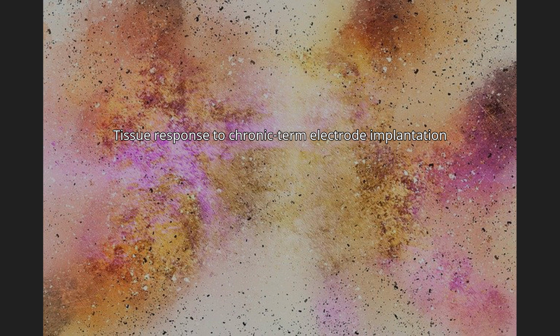Tissue response has also been shown to be greater in situations where the electrodes are anchored through the subject's skull. The tethering forces aggravate the injury caused by the electrode's insertion and sustain the tissue response. One function taken on by microglia when activated is to cluster around foreign bodies and degrade them enzymatically. It has been proposed that when the foreign body cannot be degraded, as in the case of implanted electrodes, whose